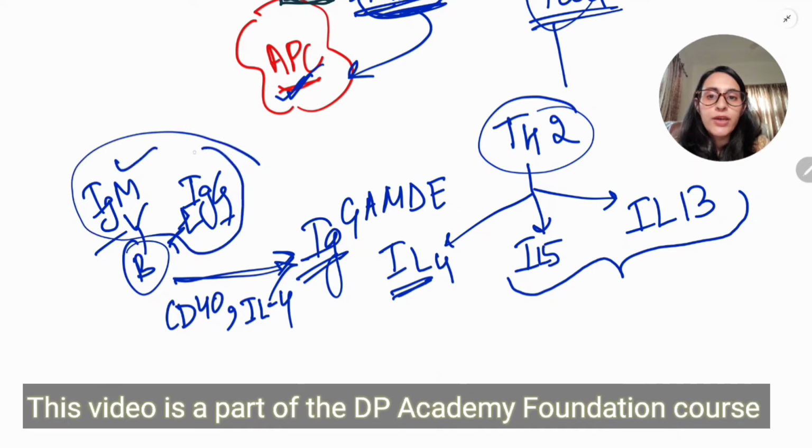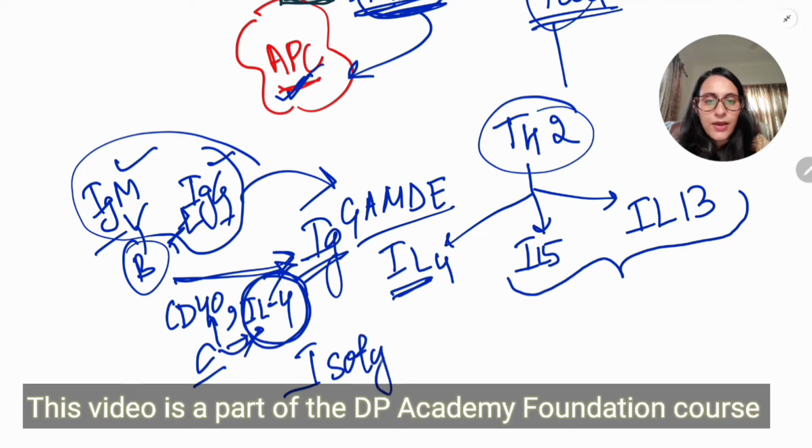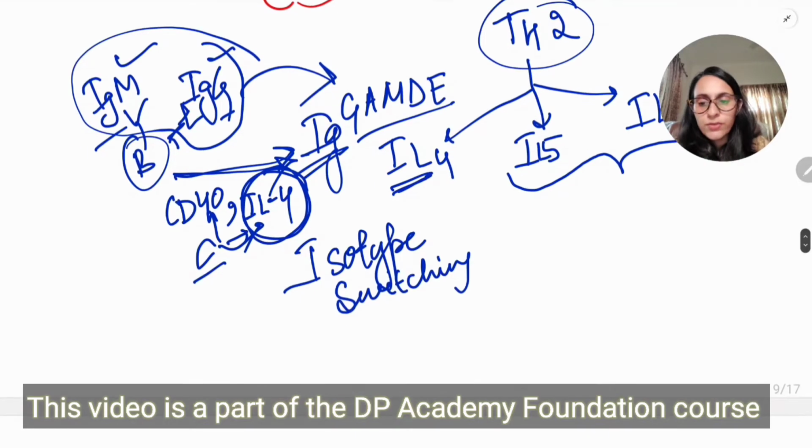So these immunoglobulins M and D are changed into the other classes. So CD40 and interleukin 4, interleukin 4 has a role in isotype switching. To understand this, you need to watch the previous lecture first. So then we have immunoglobulin E from here, and that is